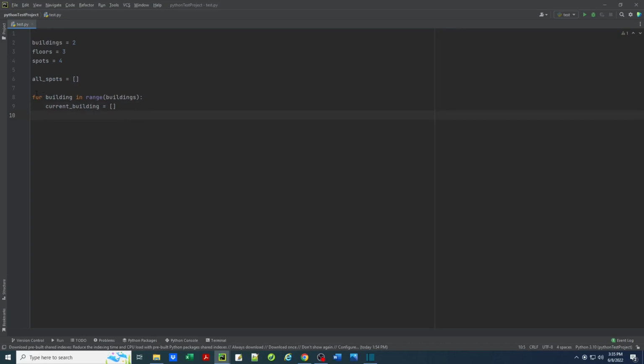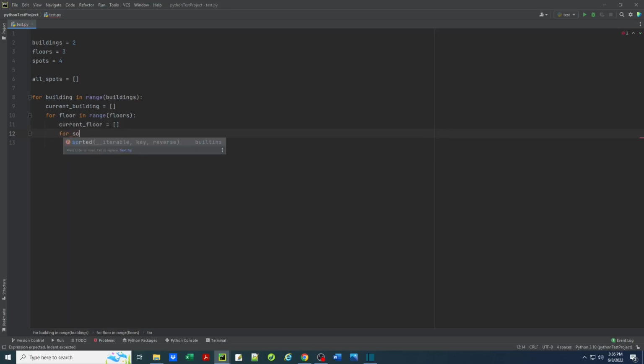What we're going to do is, inside this for loop, the first iteration would be the first building, and current building is what we're going to work with. Then in the next iteration, we're going to use the same current building variable to work with the second building. Now each building has multiple floors, so for floor in range floors, same concept: current floor will be another empty list, and each floor has multiple spots. So for spot